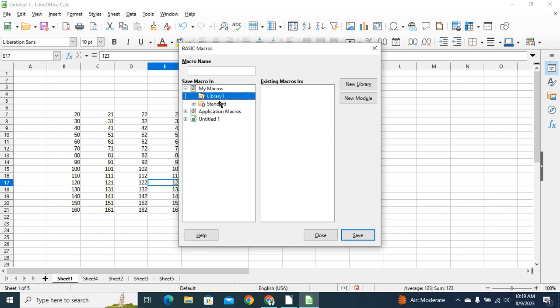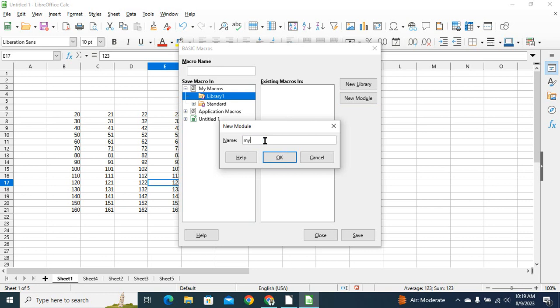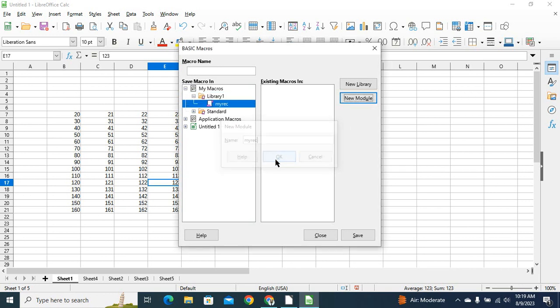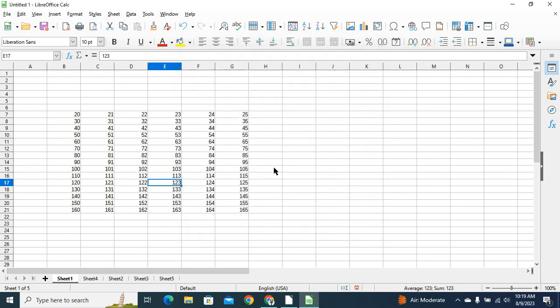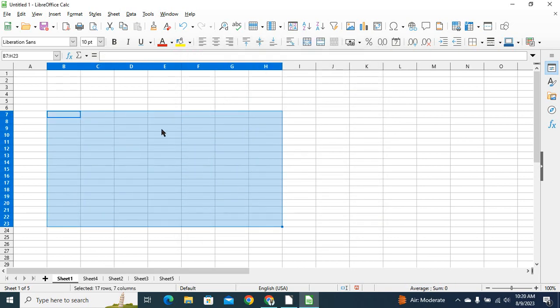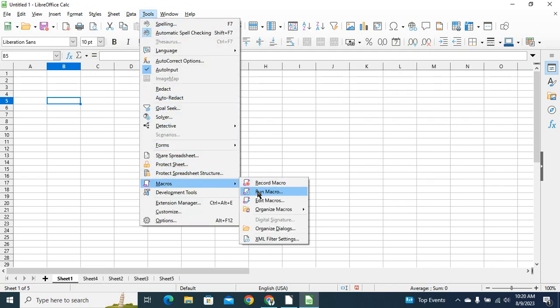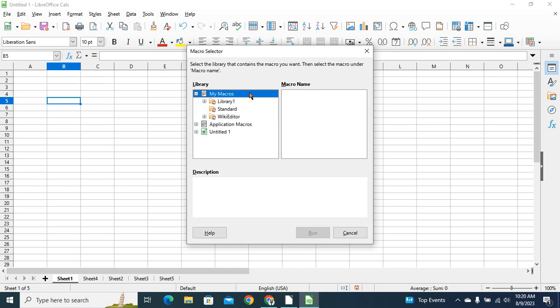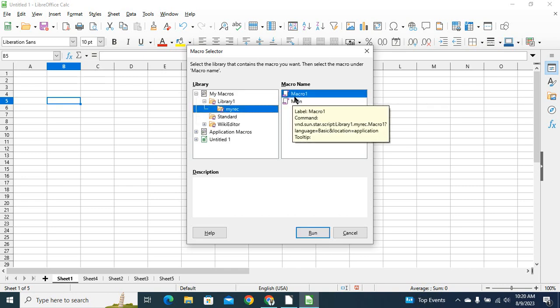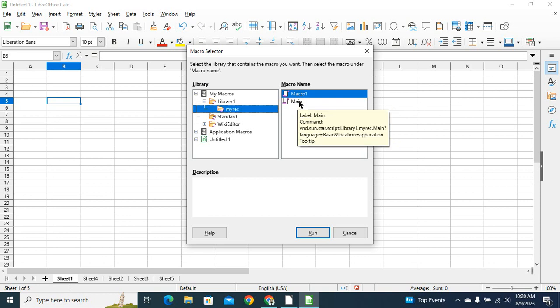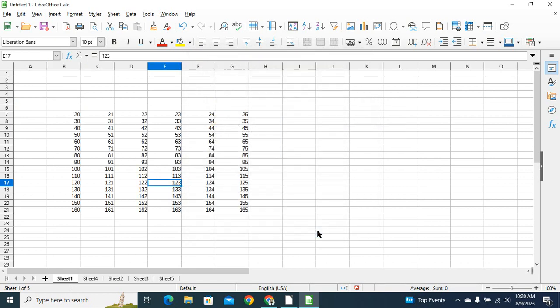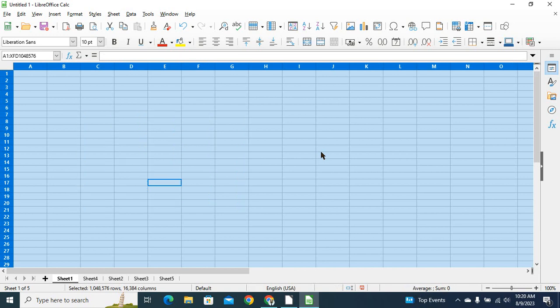Now we are going to save it in the library 1 and new module in the library, then my record. I gave it a name, my record, and click on OK and save it. Now I am done with the recording. Now I want my work back. So what can I do? I am going to tools, I am going to macro and run a macro. Where is my macro? In library 1, here it is. So macro 1, okay, and main macro 2 macros are there. So macro 1 we are going to run, you will get your data back. This is how you can run a macro. Simple, है ना।